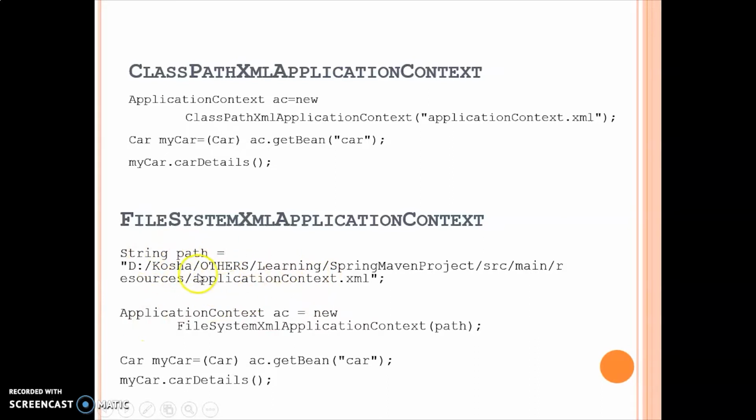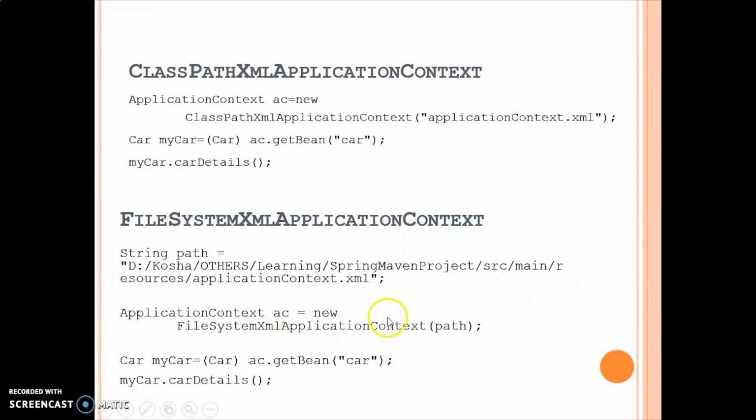Then I'll be using this particular path variable in the constructor of FileSystemXmlApplicationContext. Correct? So I'll be passing that here and using the AC object that I have, the application context object, to call the getBean method to obtain the car object and further call the car details method. Correct? So this is FileSystemXmlApplicationContext, used in situations when you want to